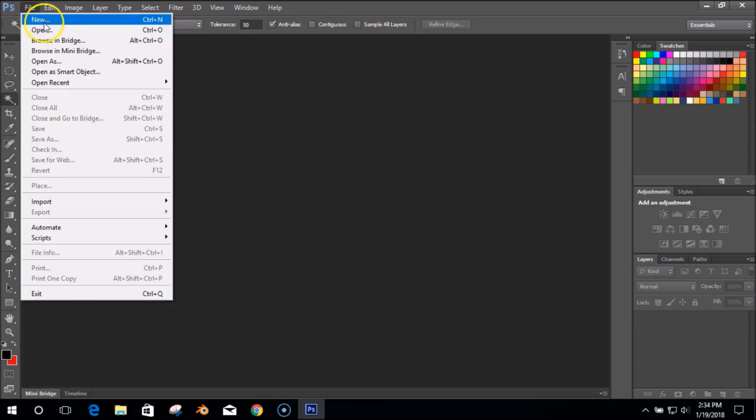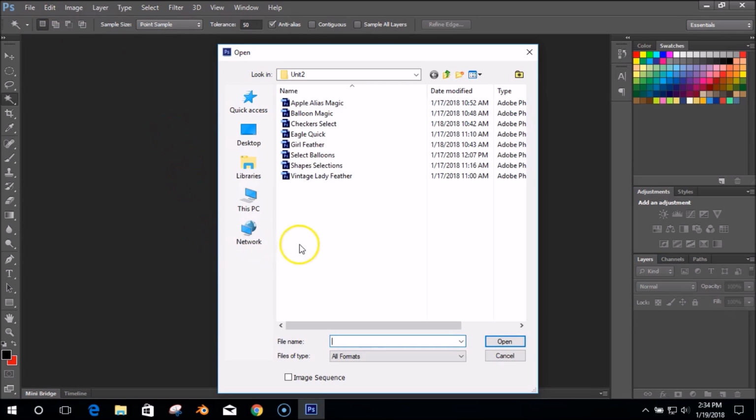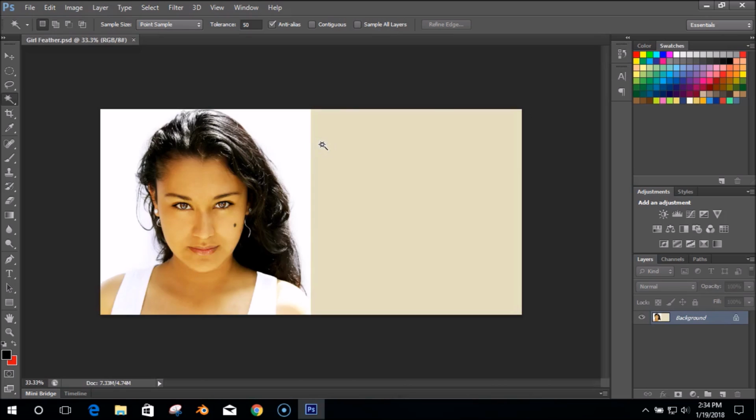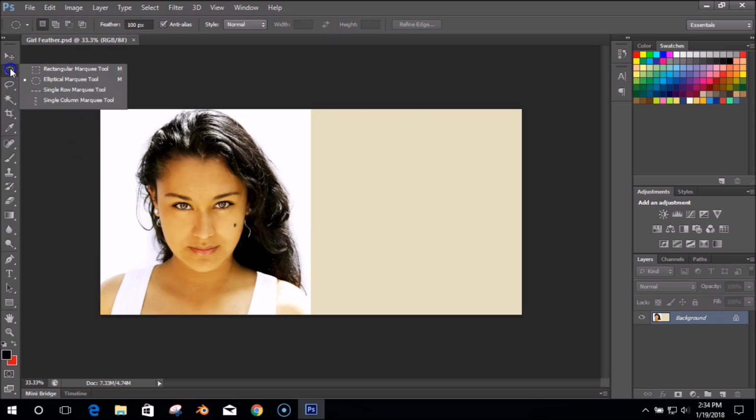Okay, so let's close this. Let's go File, Open, and let's open up Girl Feather. Let's take this girl, let's put her over here. Okay, so now if I was going to do this with the feather technique, I'd grab the elliptical marquee. I know I want to use a feather that's around, with this image, I'm going to go like 20